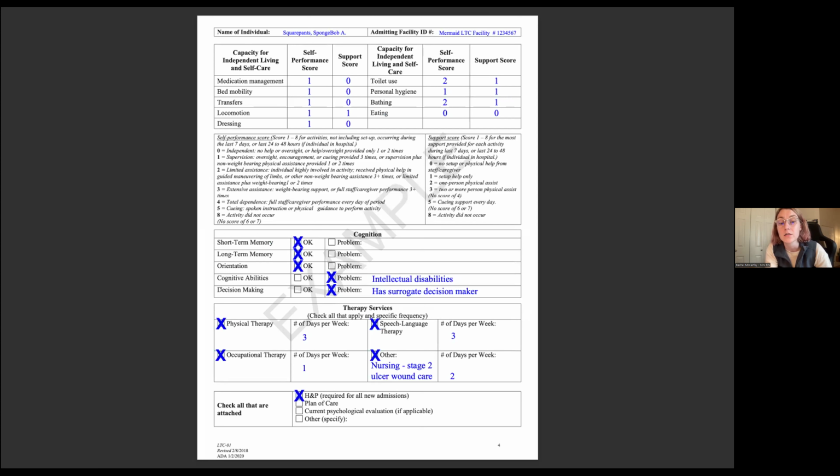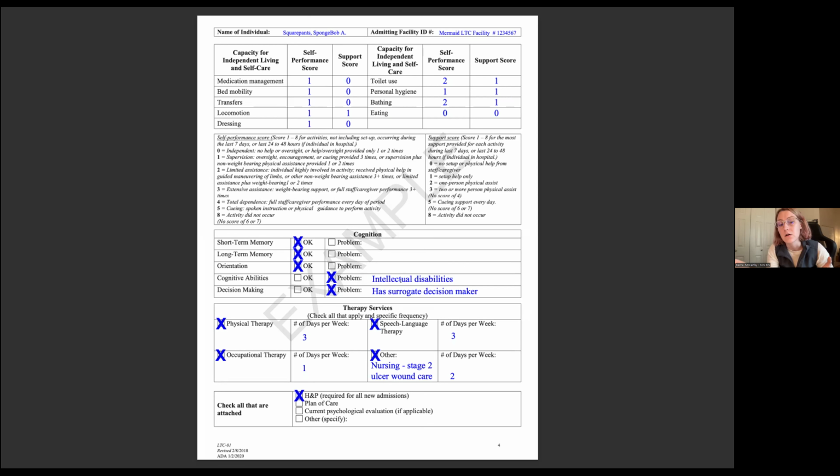And then cognition section, if the person doesn't have decisional capacity, please indicate that, or if they have cognitive problems, please indicate that here. Typically, if they have cognition concerns that are significant, they're gonna need a representative on the form. And so if someone's just had a stroke and they have altered mental status and they're not oriented, that representative doesn't have to be a guardian. It could be the person's spouse, and that'll be their designee